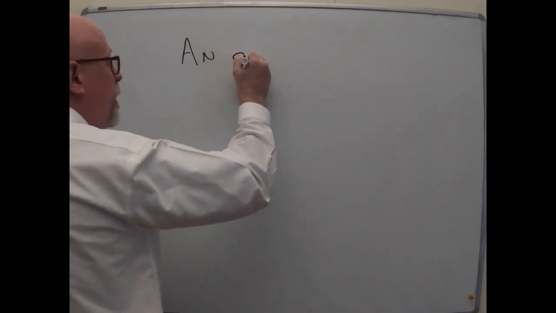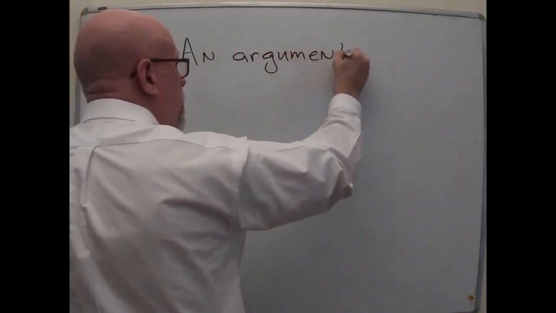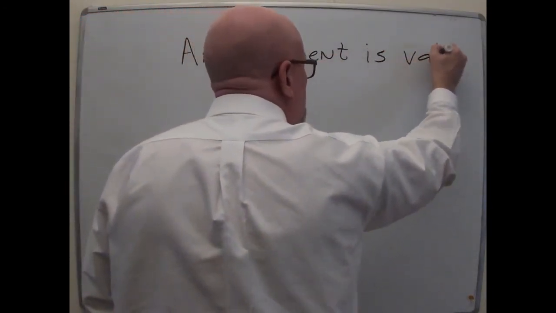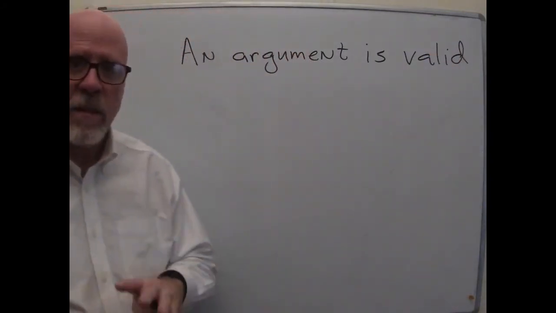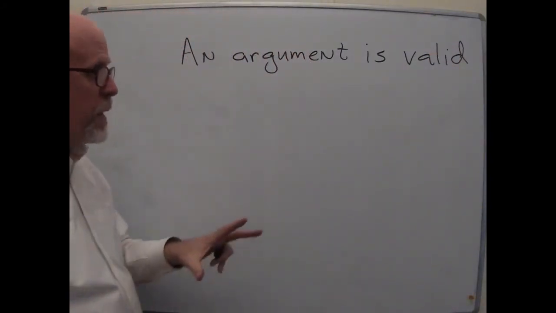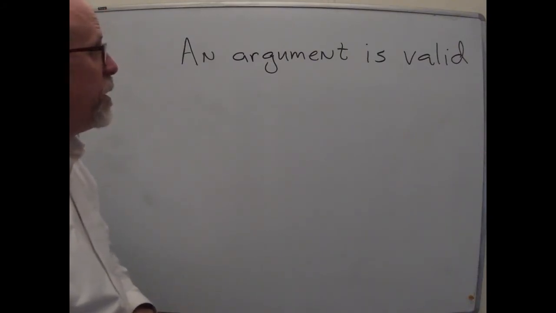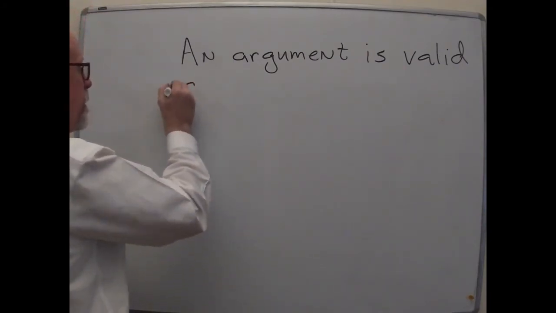An argument is valid if its form is one of the recognized forms. Now, there are about 10 standard forms for these mini arguments, so-called syllogisms. An argument is valid if it fits one of those, if its form